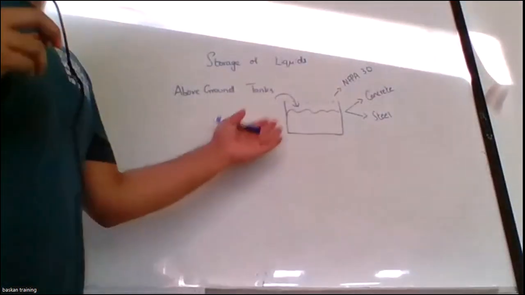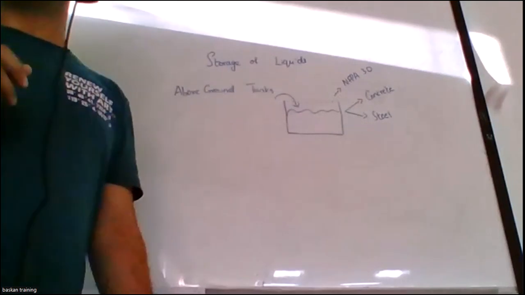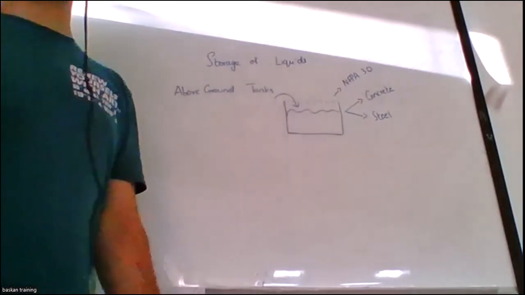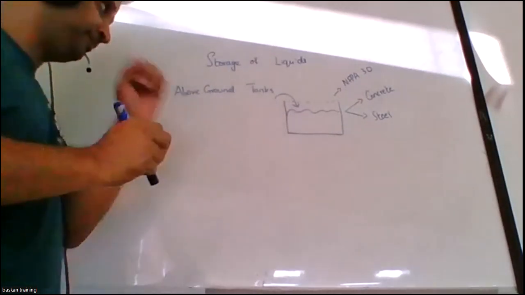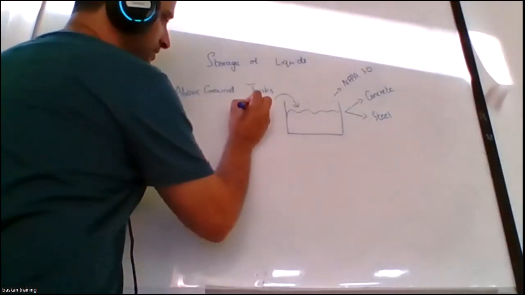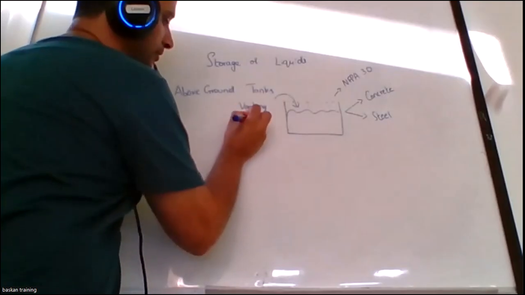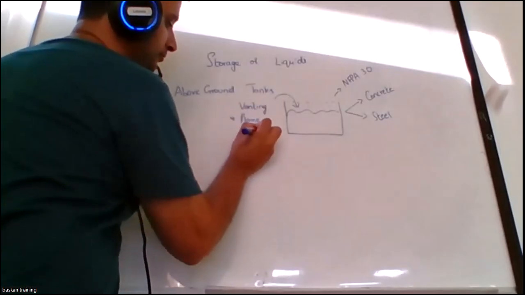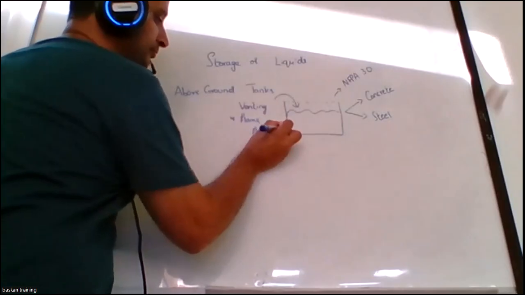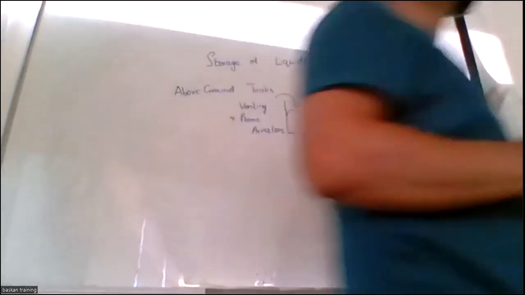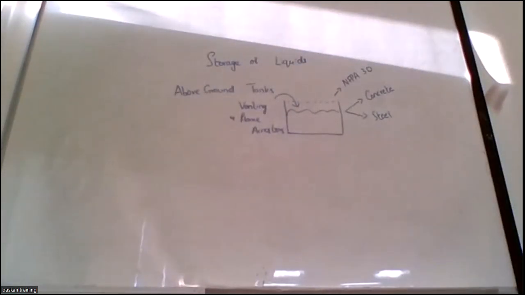So it's not like I'm just going to keep a liquid inside a tank. I need to make sure these concentrations are controlled. For that purpose, the first devices I want to use are venting and flame arresters on the tank. Whenever you pour, vapor accumulates. Remember one thing, each and every liquid has its own viscosity.